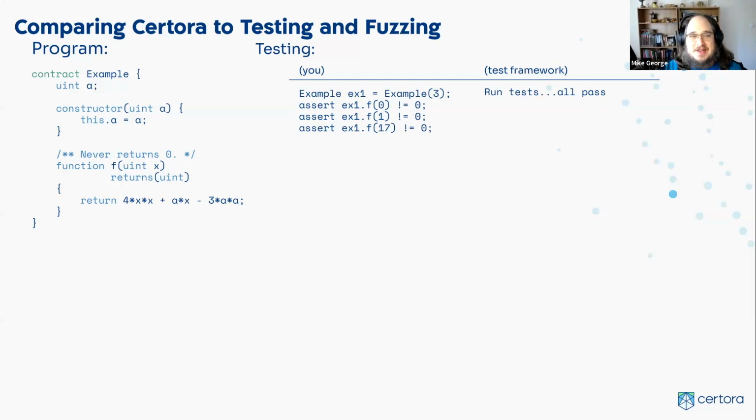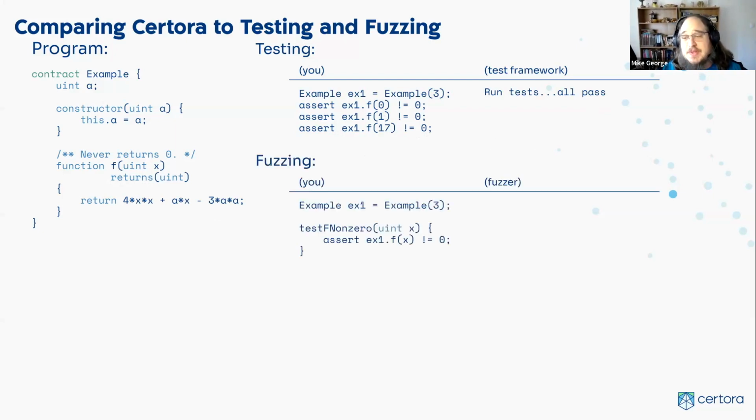Great. Now, that's only testing a couple of cases. A more interesting technology is fuzzing. With a fuzzer, if you're familiar with one, you write a function, and the idea is that the fuzzer is going to call that function with a lot of random inputs. So instead of just these 3 randomly chosen inputs, the fuzzer is going to